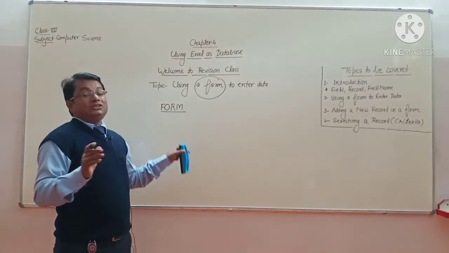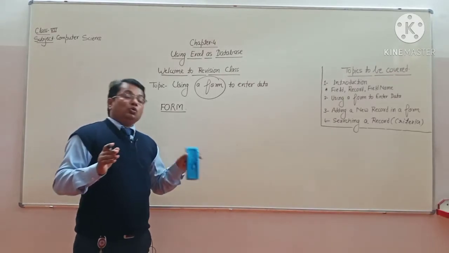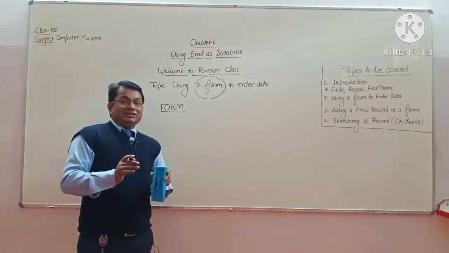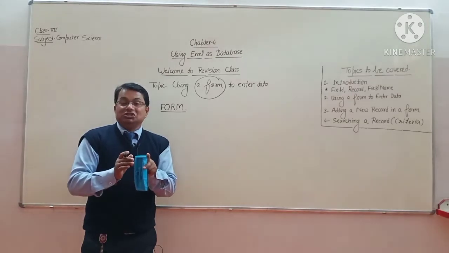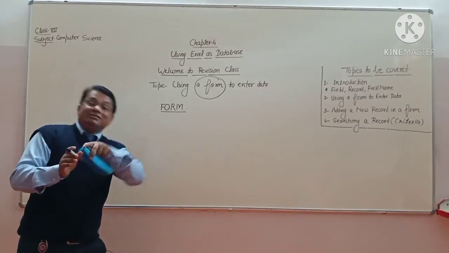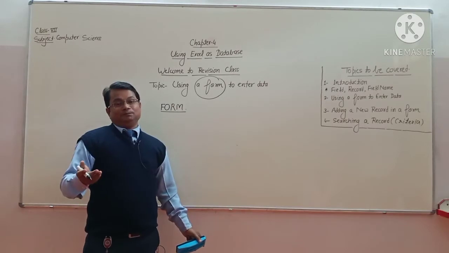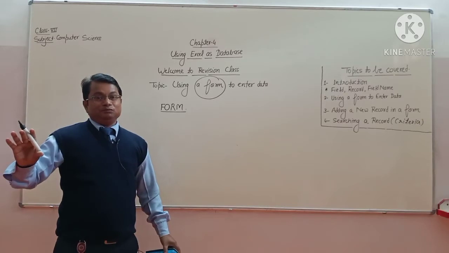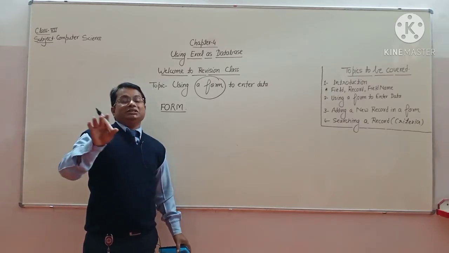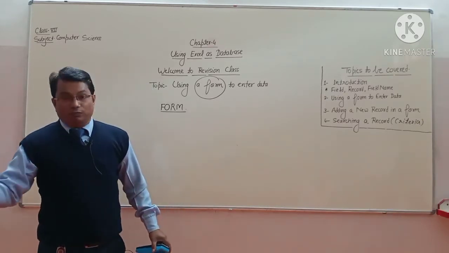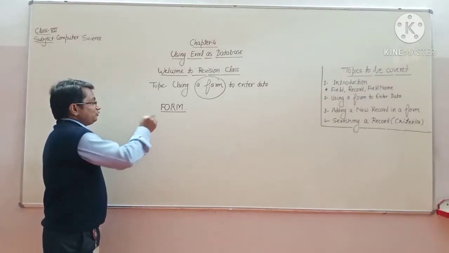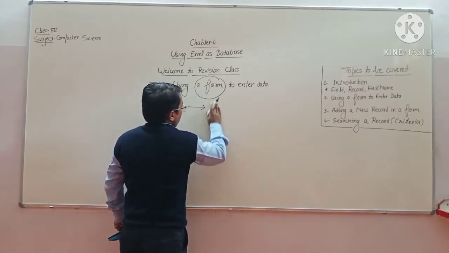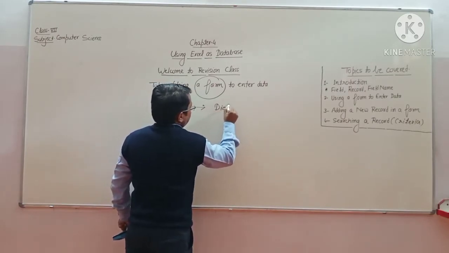Right? So right now I just want to check whether Excel provides this kind of facility. If yes, then definitely you will have an option to enter your data in the Excel sheet in the easiest manner. You only have to type the names of the columns, that's it. And whatever data you want to enter, you can enter with the help of a form. Right? So what is a form? A form is nothing but a kind of dialog box.